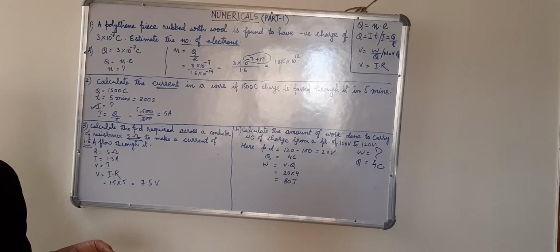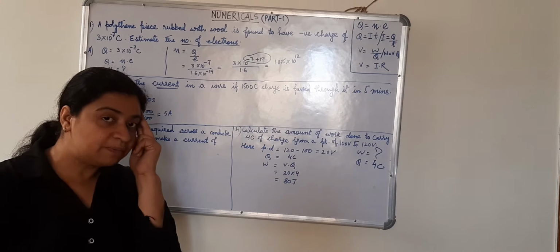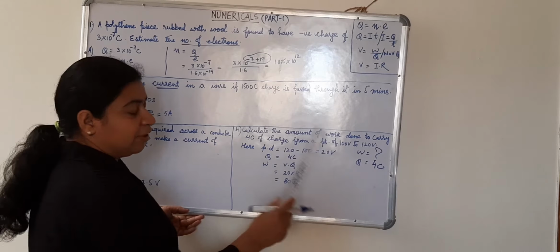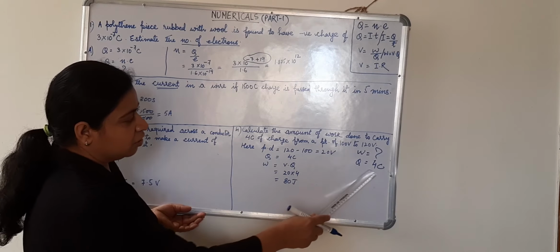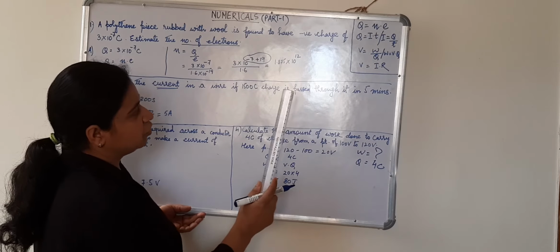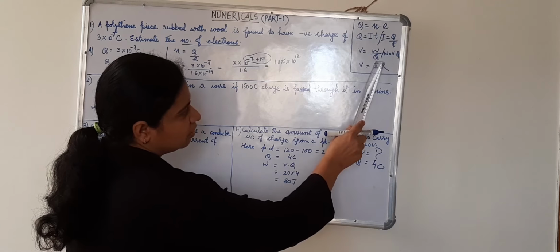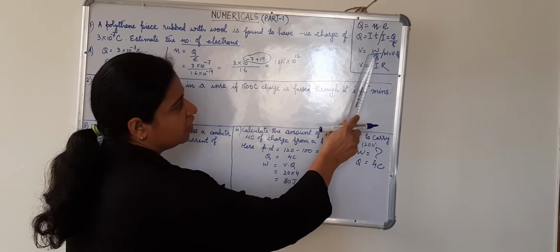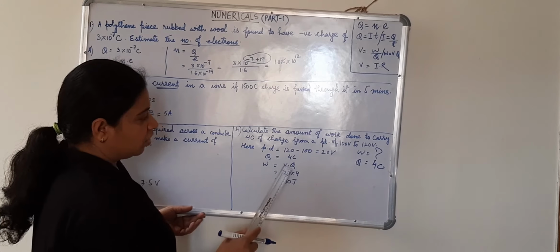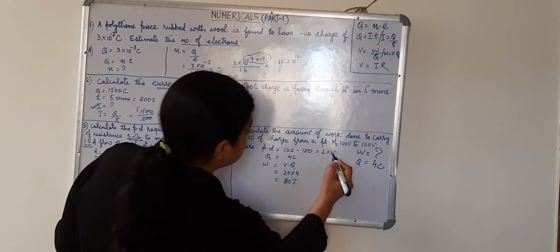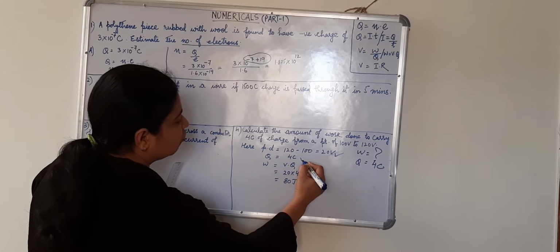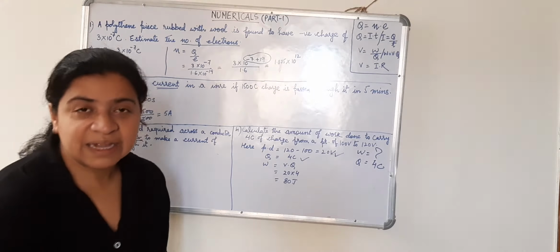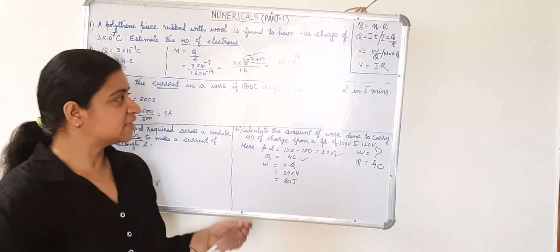So this way, if you are given two values, you have to keep in mind how to find out the potential difference. 20 volt. Q we are already given, 4 coulomb, and W we need to find out. We know that V is equal to W upon Q, or I can write W is equal to V into Q. I have V as 20 volt, I have Q as 4 coulomb. So W is equal to V into Q, 20 into 4, that is 80. I think children it is clear to you.